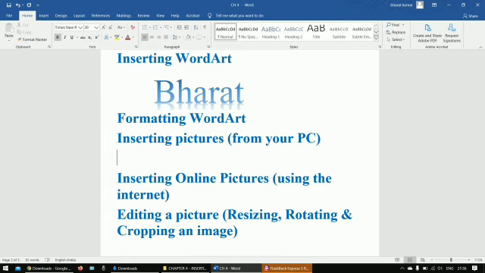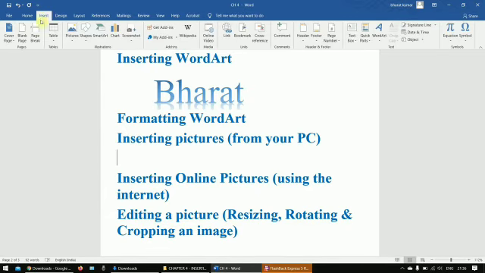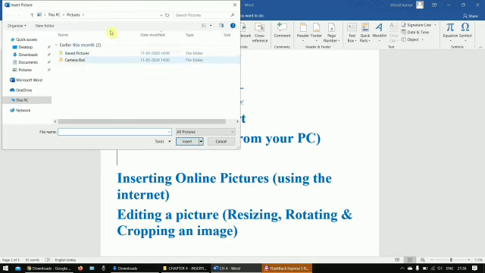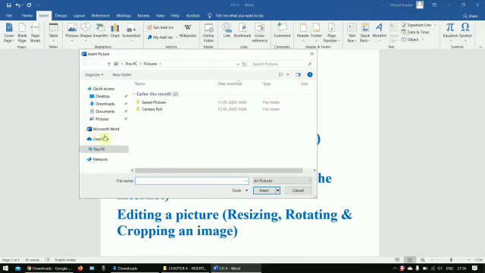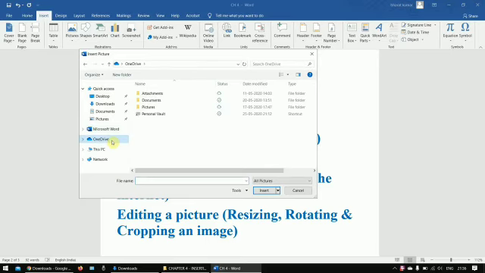Next, student, inserting pictures from your PC. Those pictures you have saved in your computer, you can insert very easily. So first choose the location where you have saved your pictures.